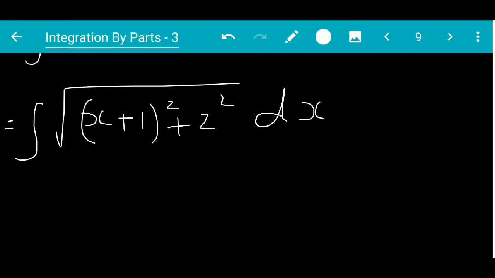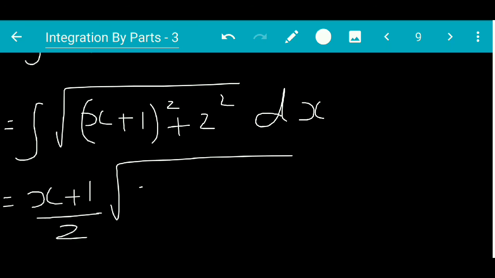Now a square plus x square or x square plus a square is one and the same. So we apply the formula over here. So instead of x we have x plus 1. So we write x plus 1 upon 2 root of x square plus a square. So we write x plus 1 the whole square plus a square becomes 2 square plus a square upon 2,